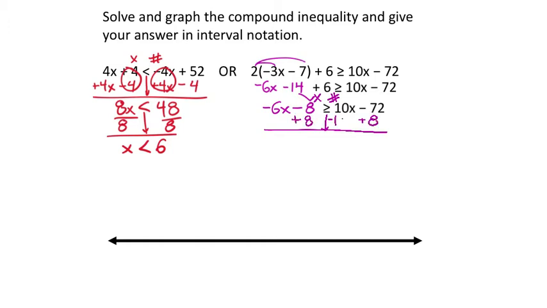And we'll have to subtract 10x's from both sides because the 10x is on the wrong side. So that'll zero these two parts out. Negative 6x minus 10x would be negative 16x's. Again, addition and subtraction will never change the inequality. And then negative 72 plus 8 is negative 64. Oh, that's convenient. Because next, when I divide both sides by negative 16,